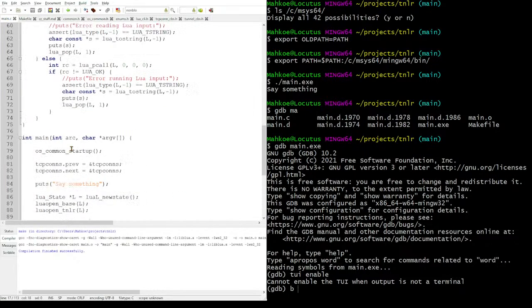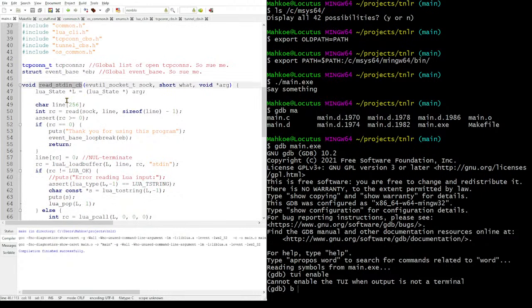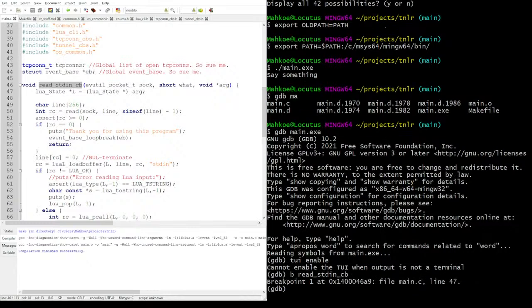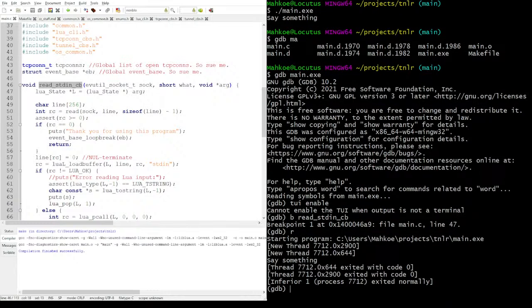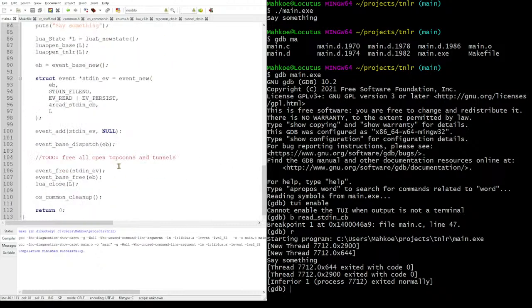Where is that? So I want to break on this read standard in callback, which I think is just not even getting called in the first place. Okay, run. Yeah, it doesn't even get called. Why? Why? Maybe if I check the return code from event base dispatch. Let me check the